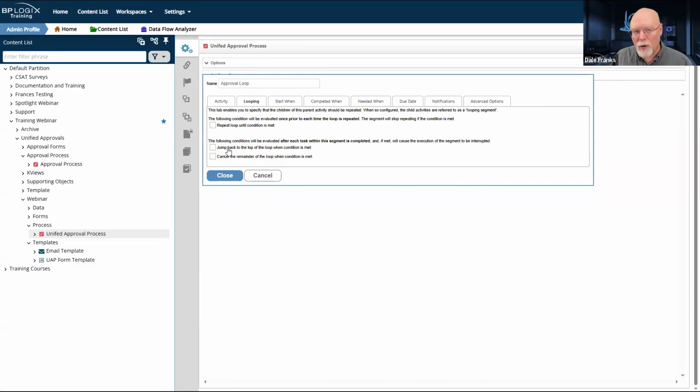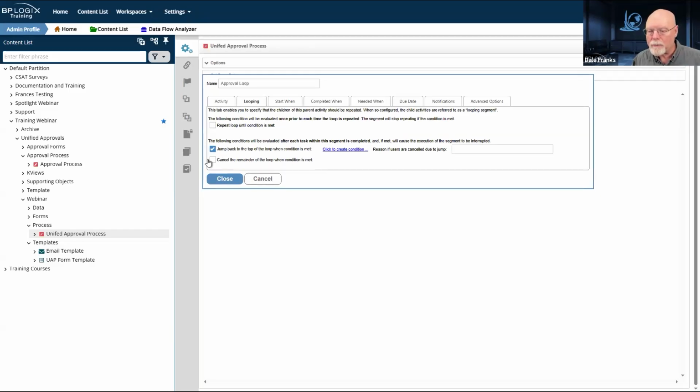We are going to want to allow for a resubmittal. So we're going to need to be able to restart the loop, and we're going to need an initiator resubmittal activity. We're also going to need to be able to cancel the loop in case my request is denied.